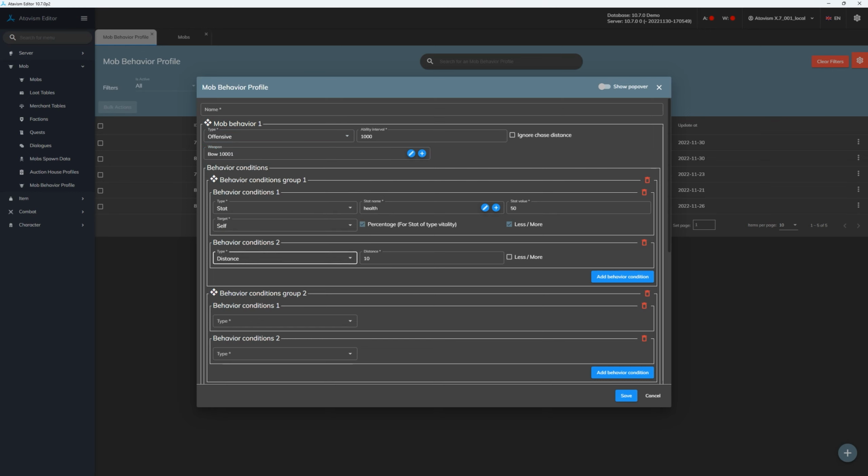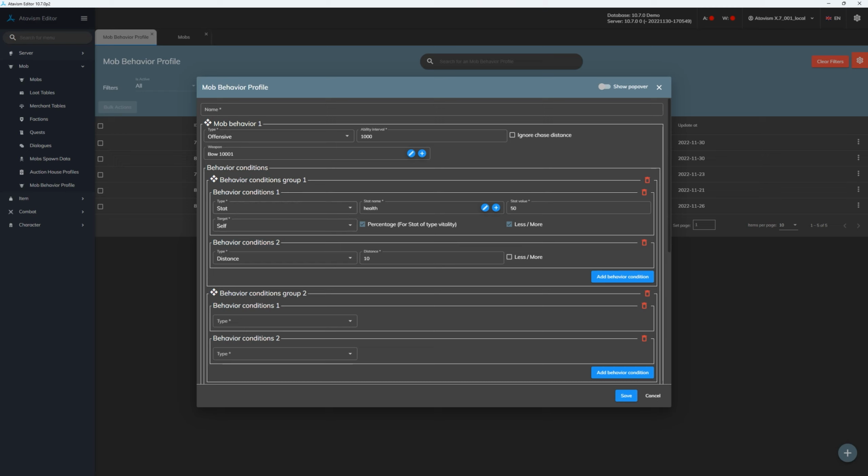So if our target, like in this case our player, will attack our mob, and we are a ranger and we are attacking our mob from a distance, then if the distance is higher than 10 meters, and because between conditions we have AND operator,